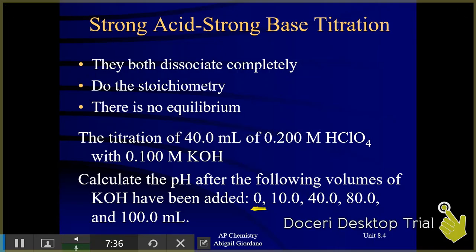Okay, so right here, 0. Now that doesn't mean I have 0 of anything. It just means we haven't added any base yet. The only thing we have is our perchloric acid. That's it. So let me get to a fresh screen and let's be good little chemistry students